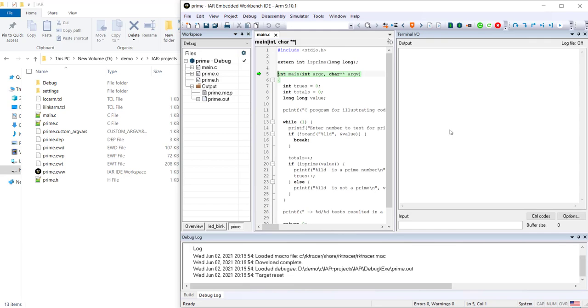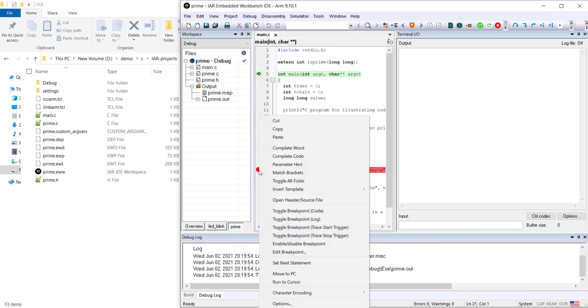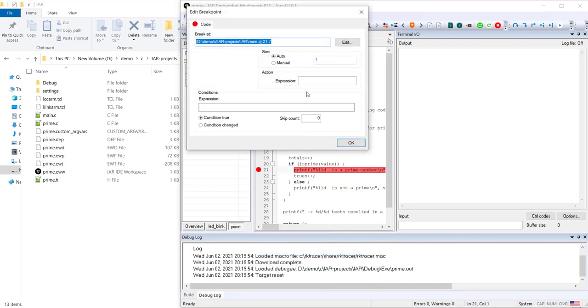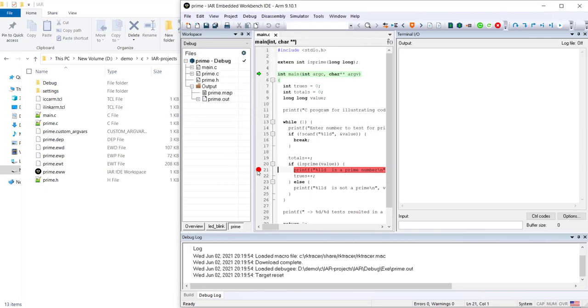So we have two options to generate the code coverage. Either we can stop the debugging process after we run this program, or we can set a breakpoint and save the code coverage. For example, let's say I want to save the code coverage when this line executes. Just set the breakpoint, right click, edit breakpoint, and add rk dump and open and close. Then the code coverage will be saved.